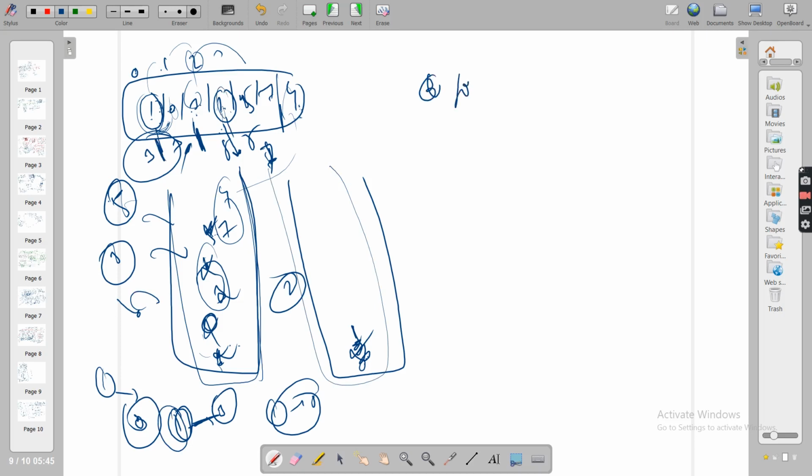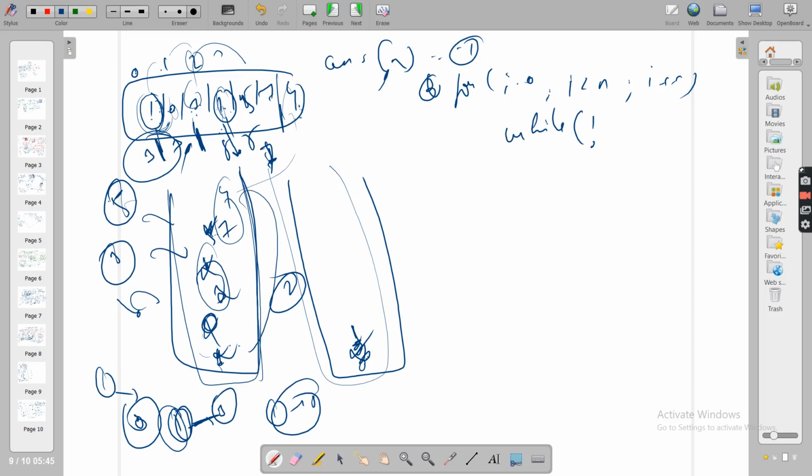Now let's try to write this solution. For i = 0, i less than n, i plus plus. Obviously, there will be an array ans, which is pre-populated with -1 in case we are not getting the NGEs. First see your stack, because the new incoming element will see if it can remove something. If I can remove them, I'll say I'm your NGE, get lost from this space. For that, I'll check that my stack is non-empty and that nums of st.top, which gives you an index, this value, is lesser than the incoming nums of i.